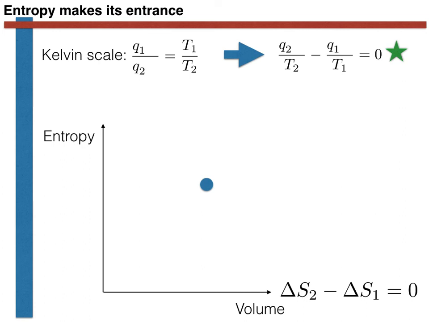This digression aside, the important thing that we have arrived at is the result in the bottom right-hand corner of the slide. Whenever we go around the closed loop that is at the heart of the Carnot engine, the total net change in the entropy of the gas inside this engine is 0. This is important because it means that